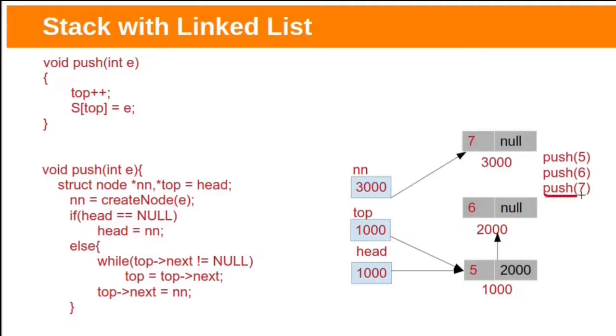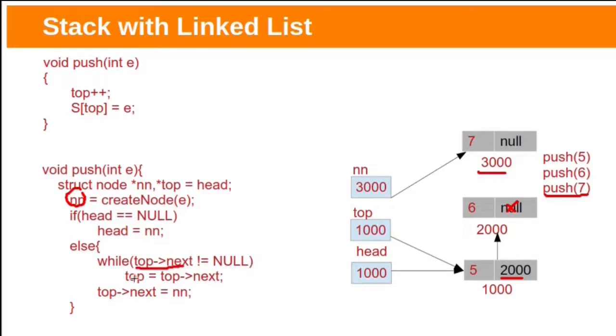If we try to add one more item 7 into stack, this create node function will create new node. Suppose its address is 3000. It will be stored in this pointer NN. Initially this top and head pointing to the first node within the stack. We need to find the last node within our stack. If the link of the node is null, then that would be our last node. If link is not null, we have to increment top while top next